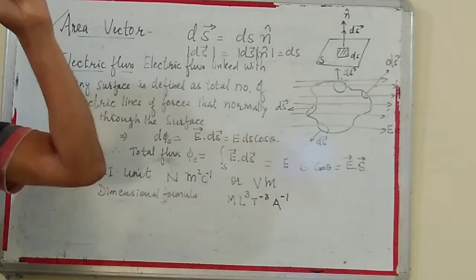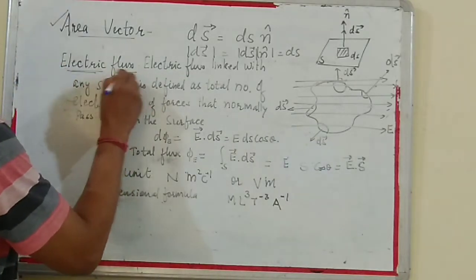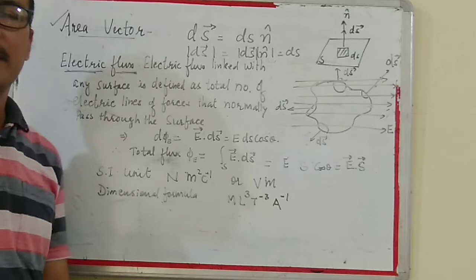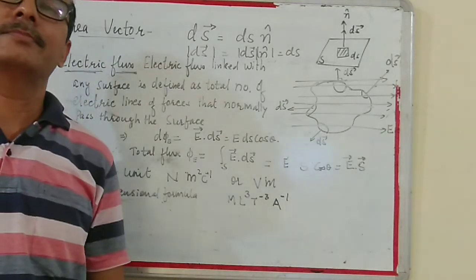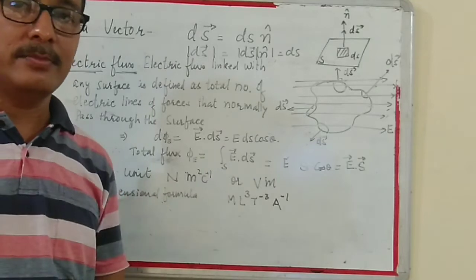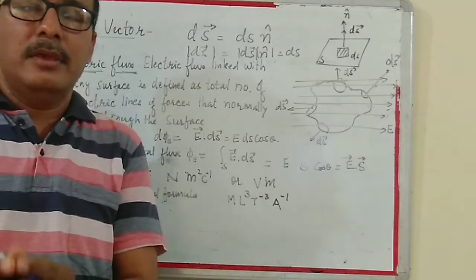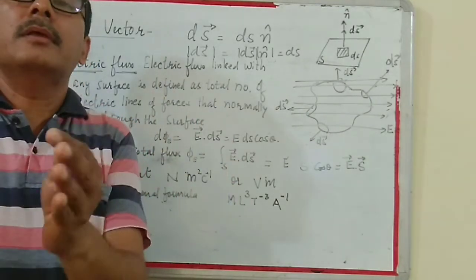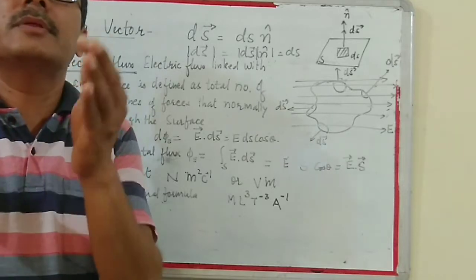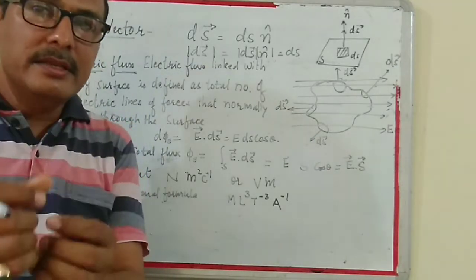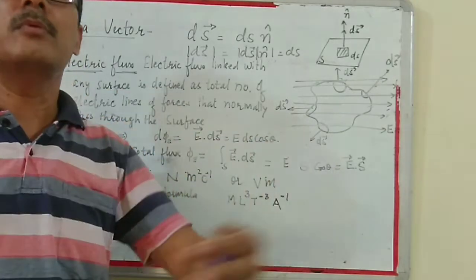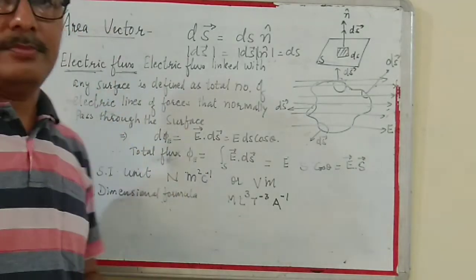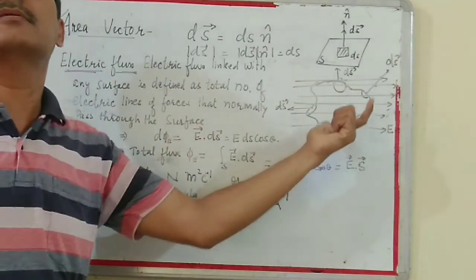Now the other term is the electric flux. What is the electric flux? We know from Bernoulli's theorem in our previous class, on the flow of water, that where the area is greater, the flow of water reduces, and when the cross-section area of the pipe decreases, the rate of flow of that water increases. In the same manner, this is an invisible thing.